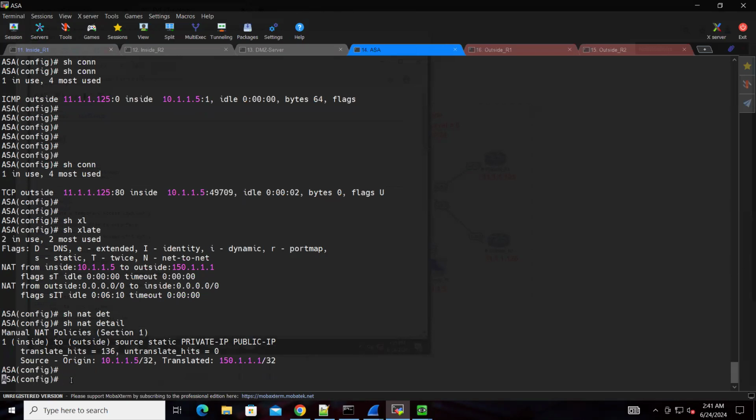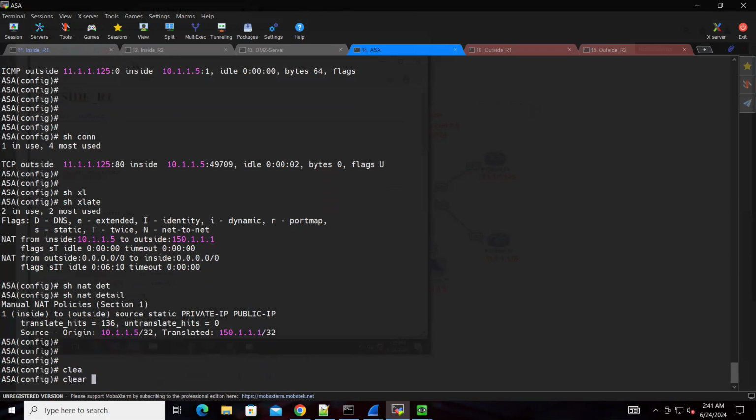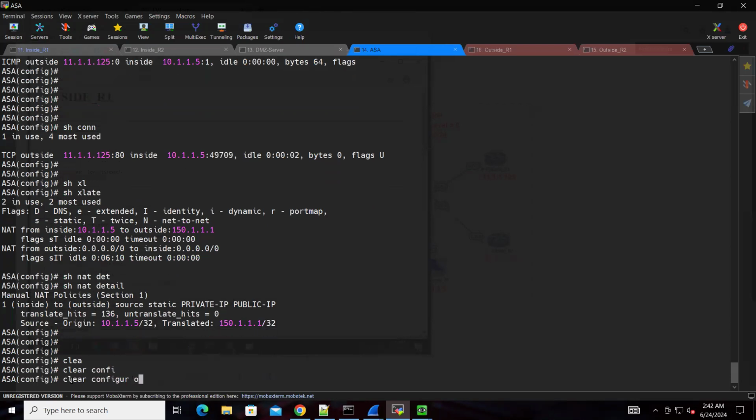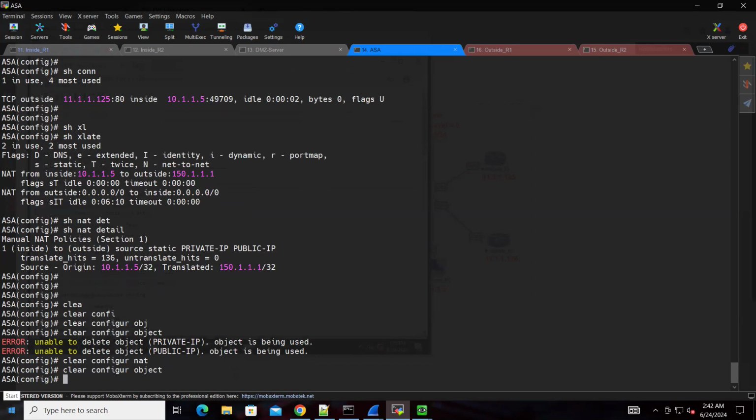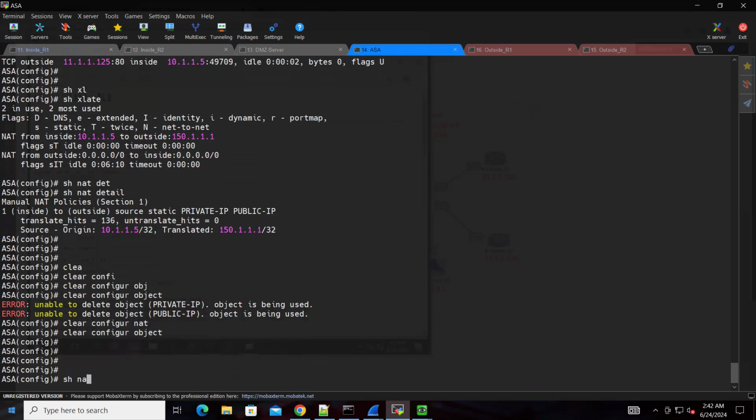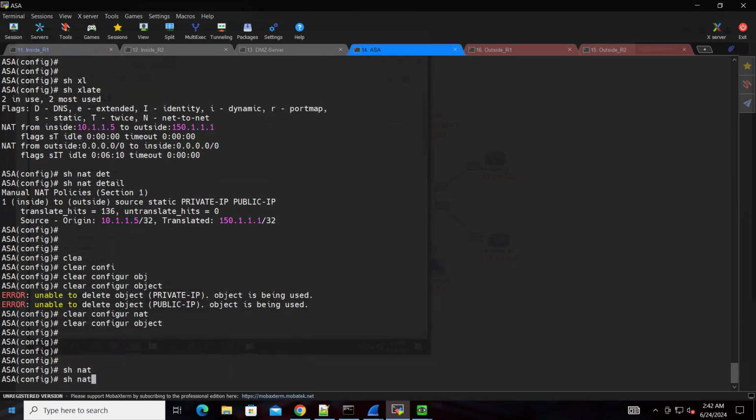To remove configuration, we already learned. The command is what? Clear configure object. So it will say unable to do this because why? NATing is already there. So first remove NAT and object. Okay, so now verify. Show NAT, NAT detail,